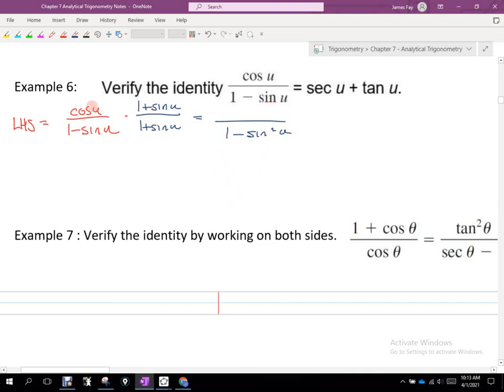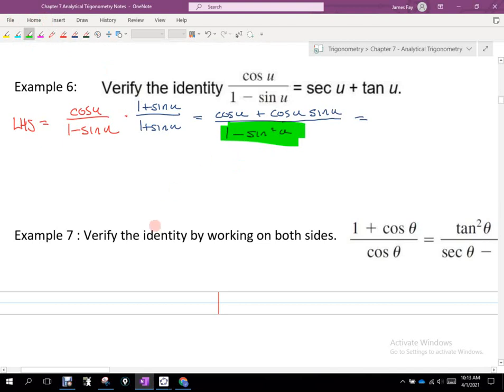And at the top, I'm going to distribute the cosine u: cosine u plus then cosine u sine u. Okay? Now, why do we do this? We multiplied by one, so we don't change the way it looks, but it doesn't change the value. So if I took that red phrase and plugged in u to be 30 degrees, and then took that new blue phrase and plugged in u to be 30 degrees, they're going to equate to be the same thing. Okay? So we didn't change what they do, but we changed the way they look, because we now have generated